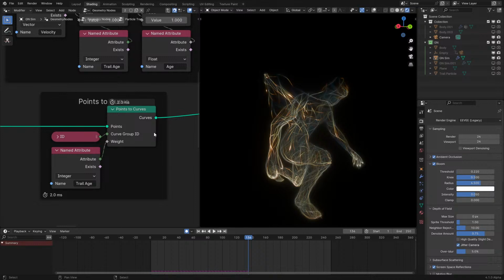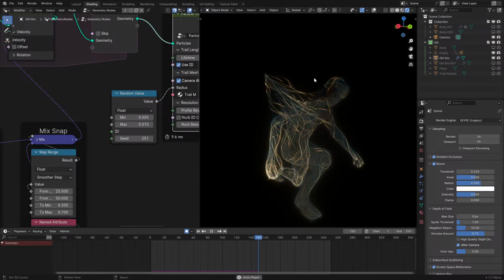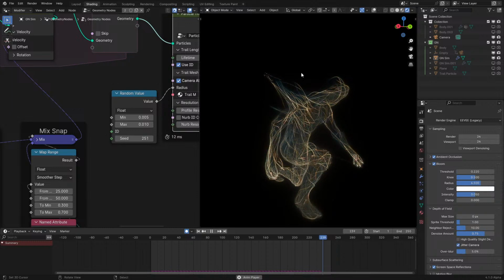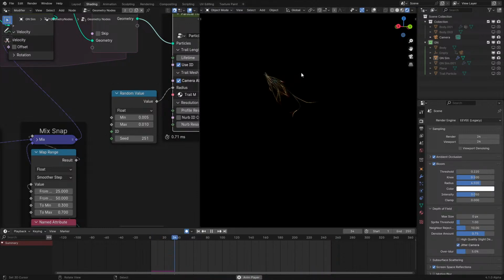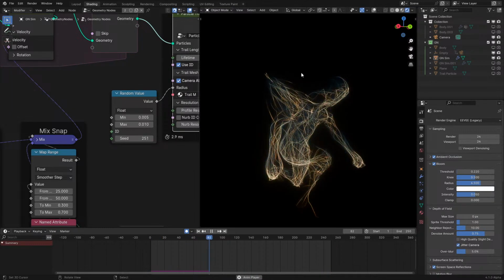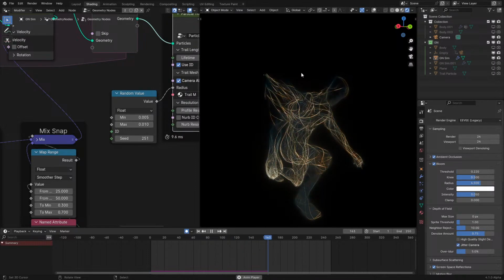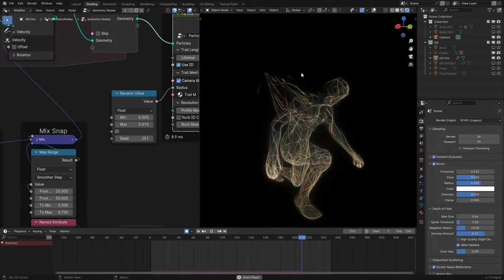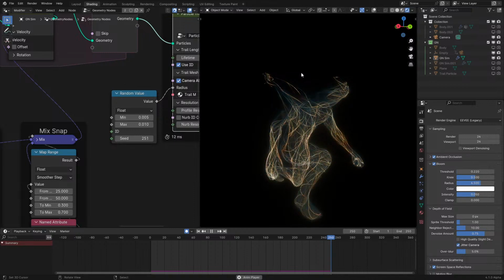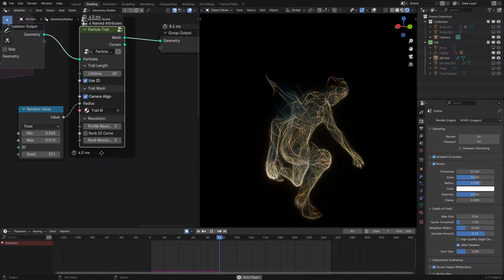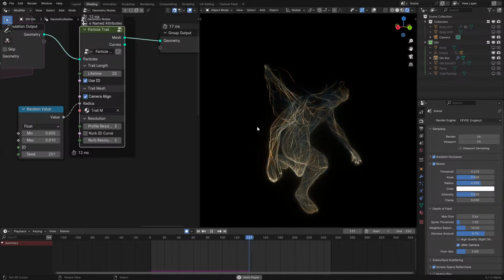Since then, a new node came around in 4.0, which is the points to curve node, which means that instead of having to instance part of a trail on each of the meshes, and again, instances are very slow in Blender, I could just create a curve extremely quickly without any conversions from instances to curves to meshes and all of that. It's still not as fast as I would like, because it does rely on a curve to mesh conversion,